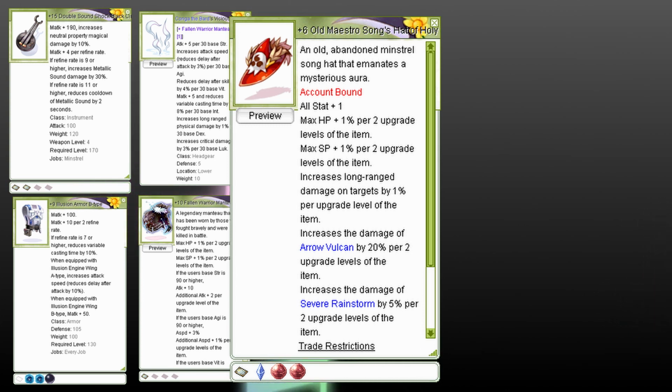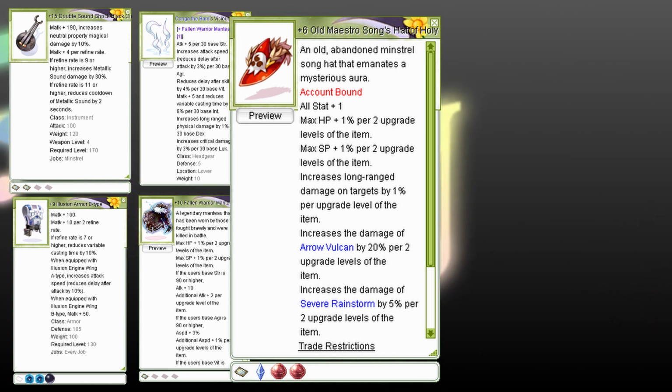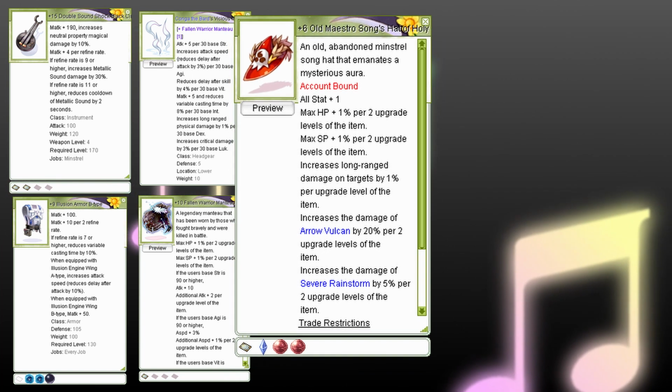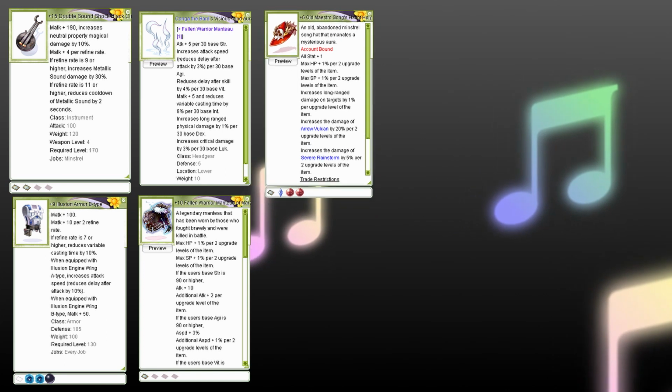But you're still going to want a Wickerbine's Black Cat Ears and Illusion Leg B to swap to from time to time, depending on the content's MDef. Speaking of legs though,